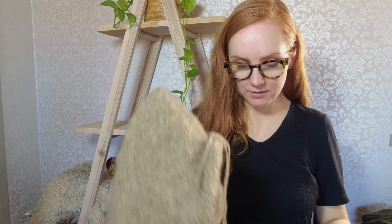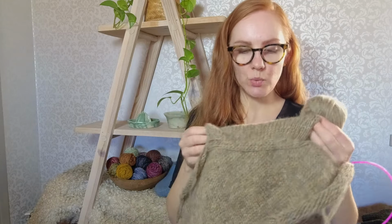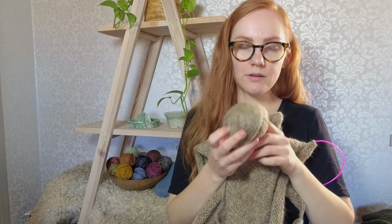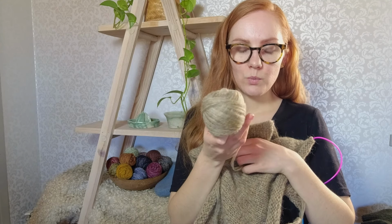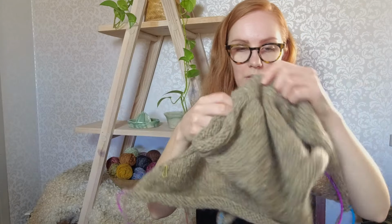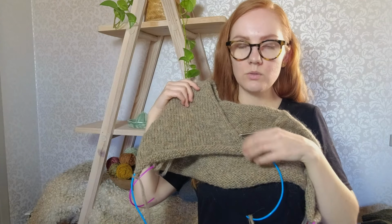Then we have something else that I have been casting on since last time, but I think I have talked about it before. It's the Levitate wrap by My Favorite Things Knitwear, and I started working this in Nutiden, 2 strands held together in the colorway Solvända. That is this rich beigey gray with specks of yellow, orange and red. So you start in the back. So this is the back, and then you pick up for